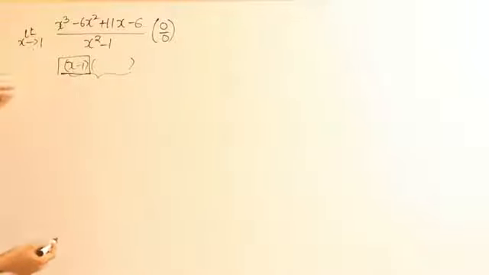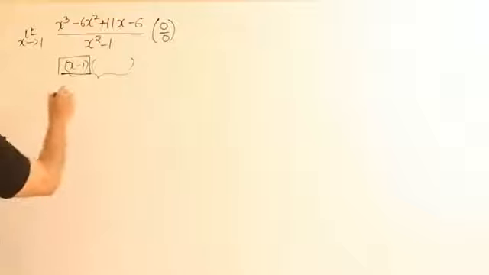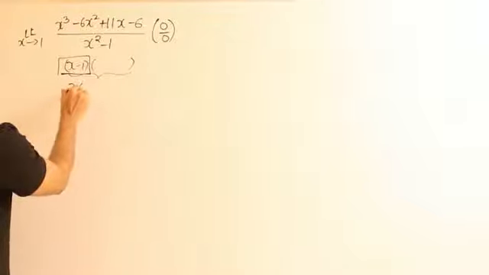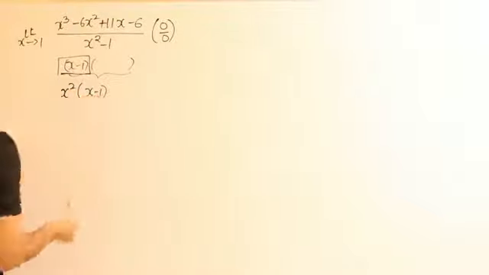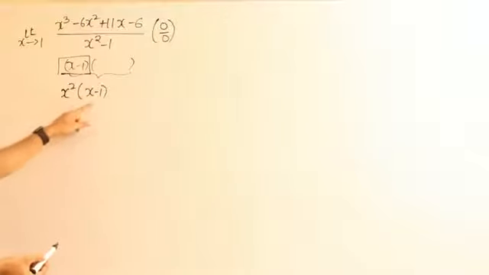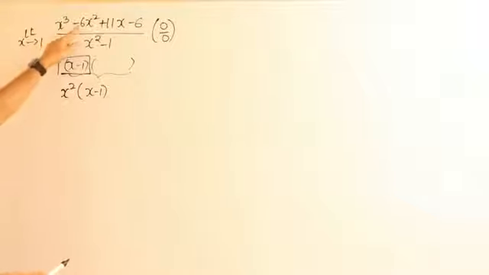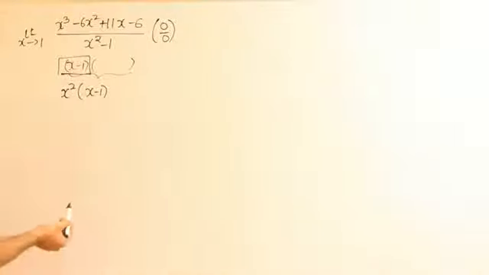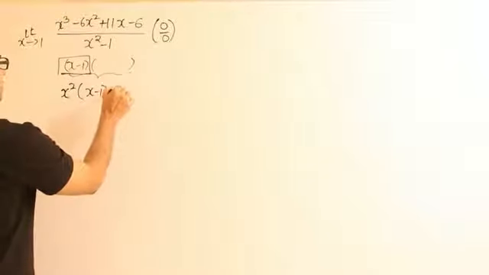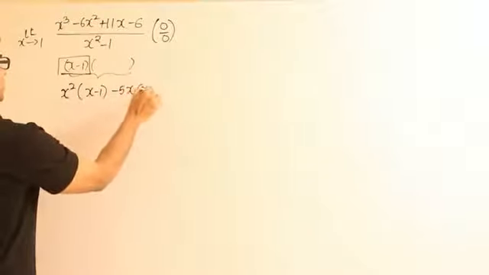First I want to build x cube. If I use x, to build x cube I have to multiply it with x square. That is the reason I'll be multiplying with x square into x minus 1. Now what will it give me? x cube minus x square. But what do I want? Minus 6x square. But what do I have? Minus x square. Therefore how much do I need? Again minus 5x square. Therefore multiply it with minus 5x and again x minus 1.